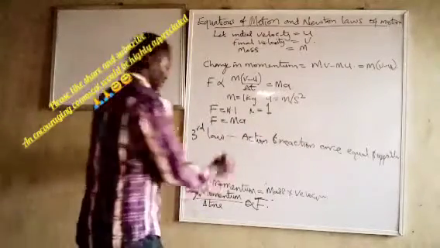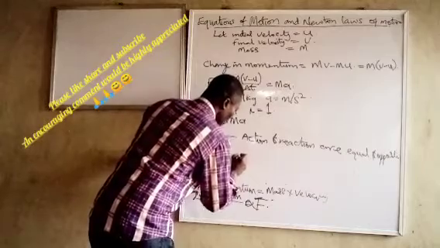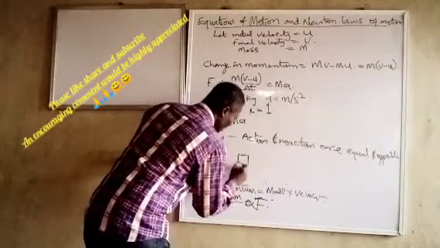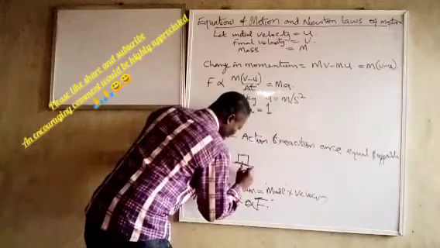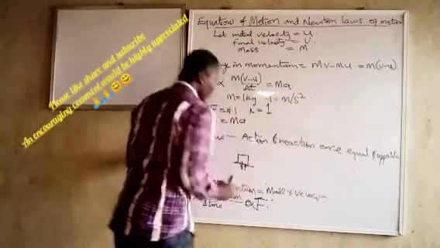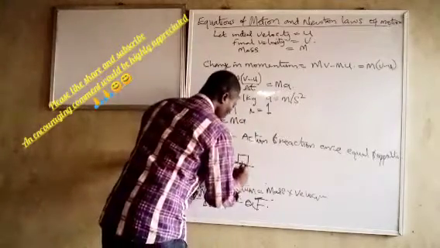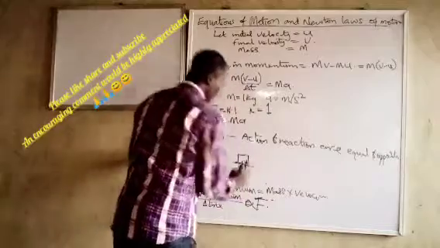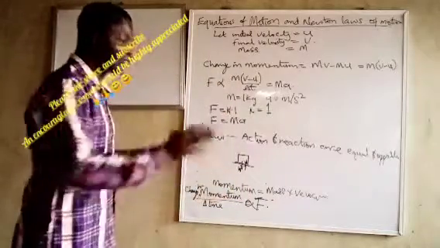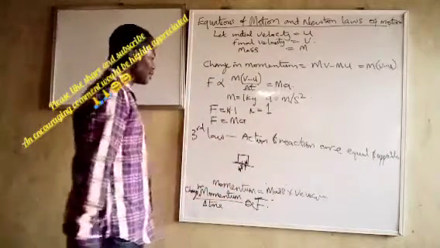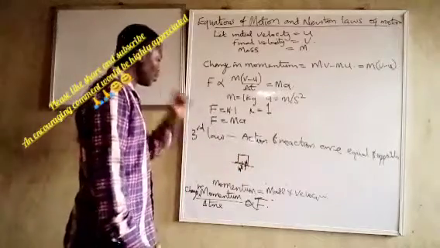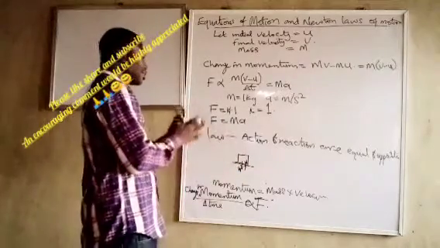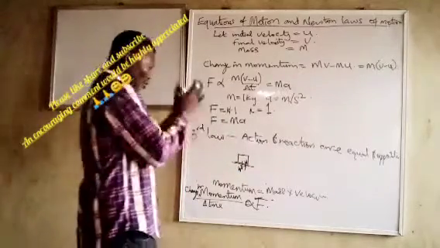Let's look at this. This body is standing on the earth. Its weight is coming here. The earth is also applying this on its body. So this one is also W. Can you see? When it is resting on the earth, we have W and W upward. So action and reaction are always equal and opposite.